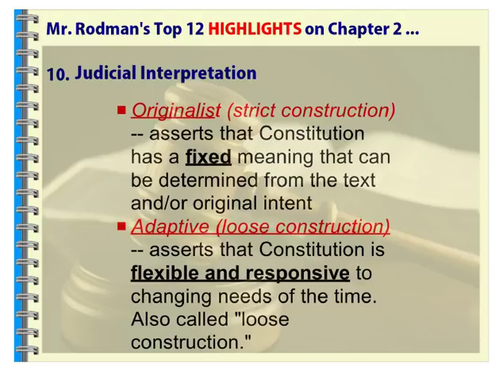Now, where do we put the judges today on this spectrum? We would see Clarence Thomas and Sam Alito and the more conservative judges in the originalist category, much more strict construction in nature. We would see that a Ruth Bader Ginsburg or a Sonia Sotomayor would be more of an adaptive or loose construction in nature. Elena Kagan, for instance, would fall into that category. Neil Gorsuch, the latest on the court, would be more of an originalist. And the assumption is that Brett Kavanaugh is very similar to that originalist because his ideology tends to match President Trump's and the Republican ideology in terms of that originalist nature.